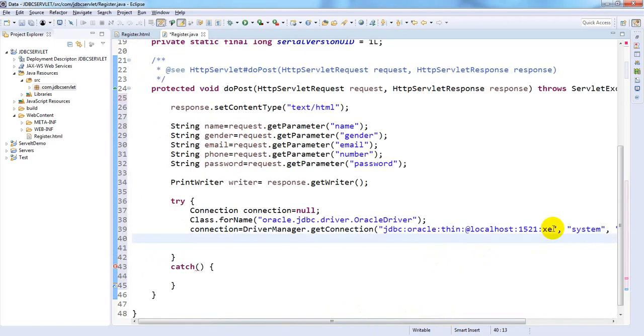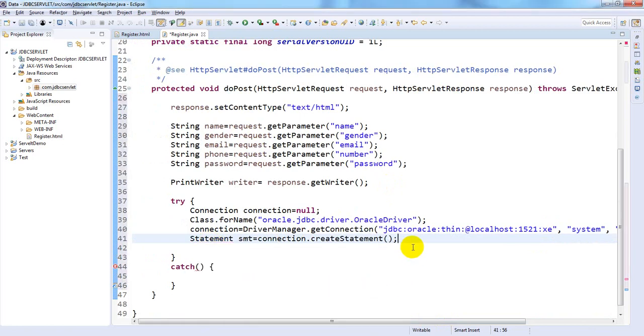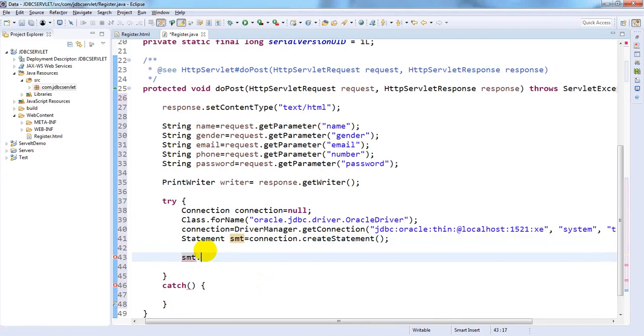Now create a statement, smt equal to connection.createStatement. First of all, we need to create a table. For table creation, we need to write a query, smt.execute